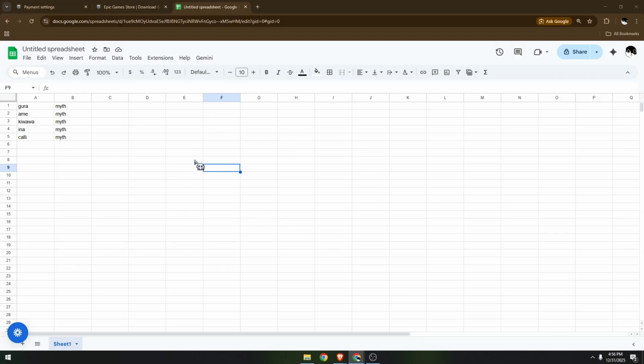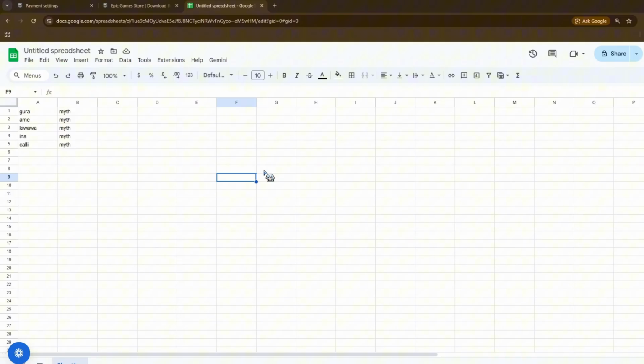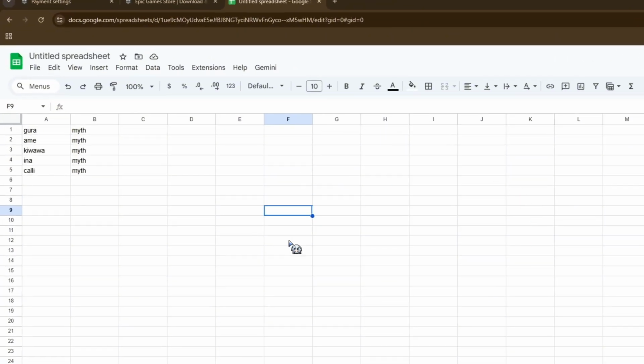Let's begin. First, open your spreadsheet in Google Sheets on a desktop browser and make sure you have edit or comment access. Now click on a cell you want to check. For example, I have it here. Click on it. Or if you're on a Mac or trackpad, you can use a two-finger click or control plus